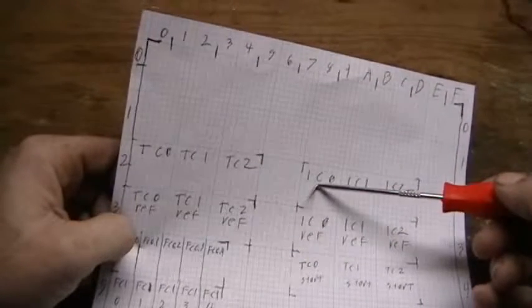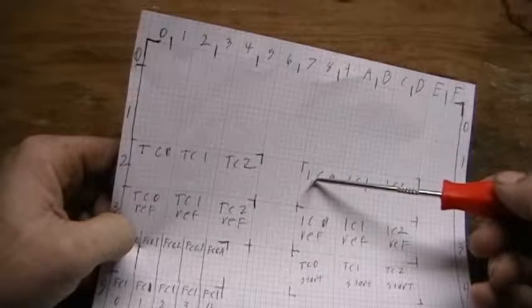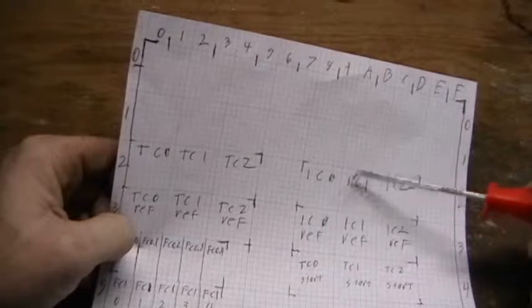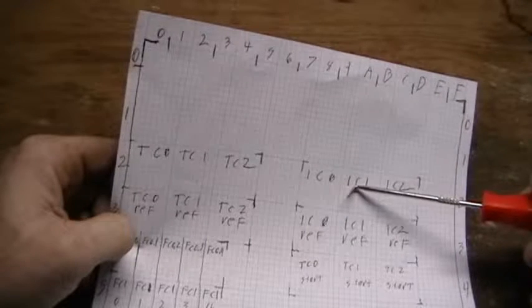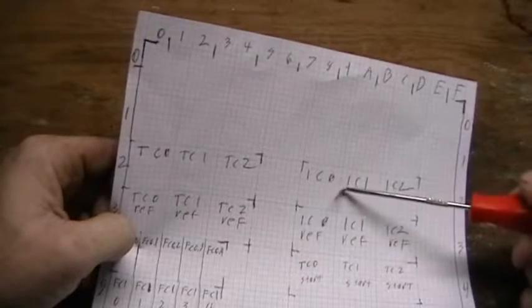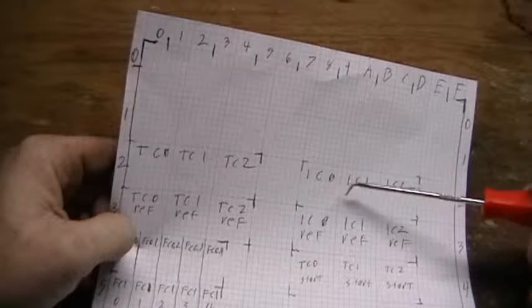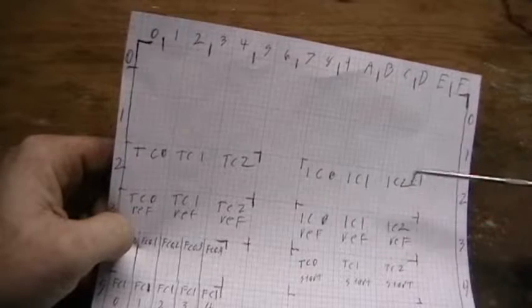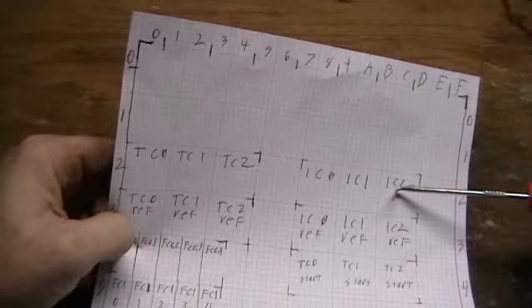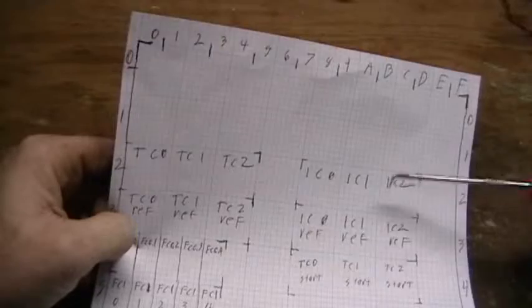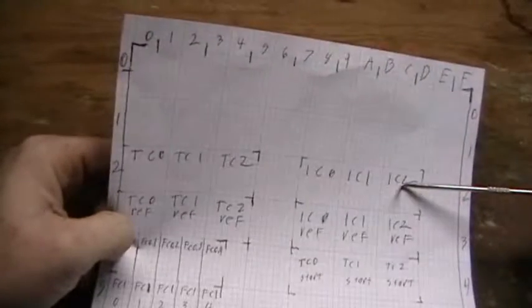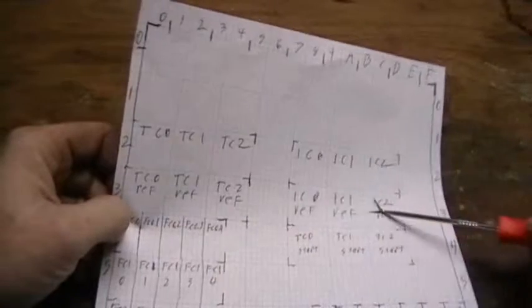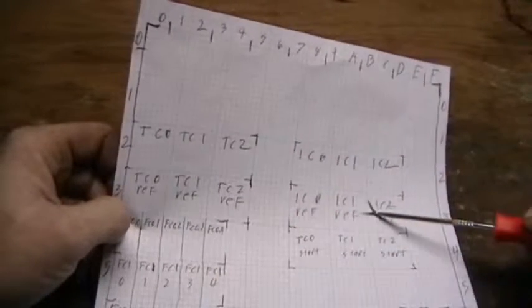The internal counter 0 starts at 28 hex, internal timer 1 starts at 2A hex, and internal timer counter 2 starts at 2C hex, and the reference counts, which is the previous count